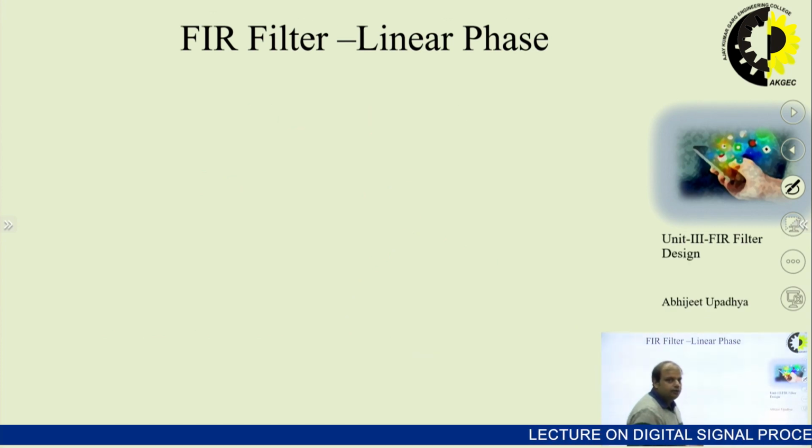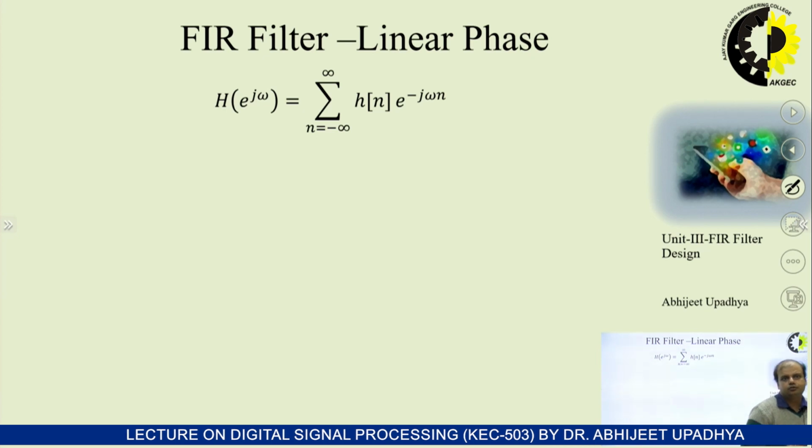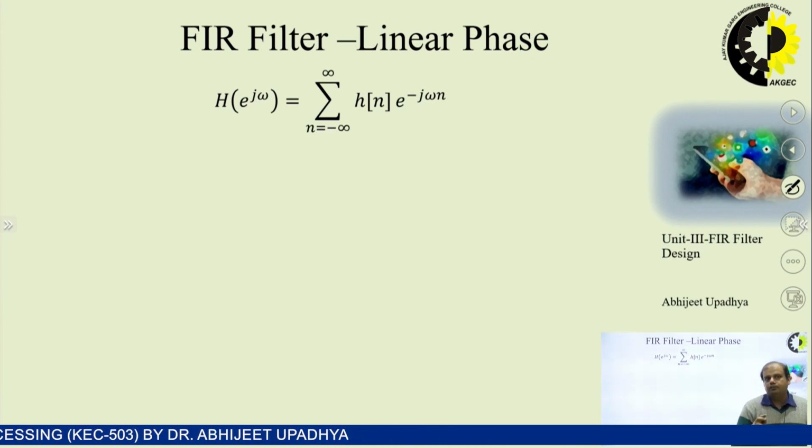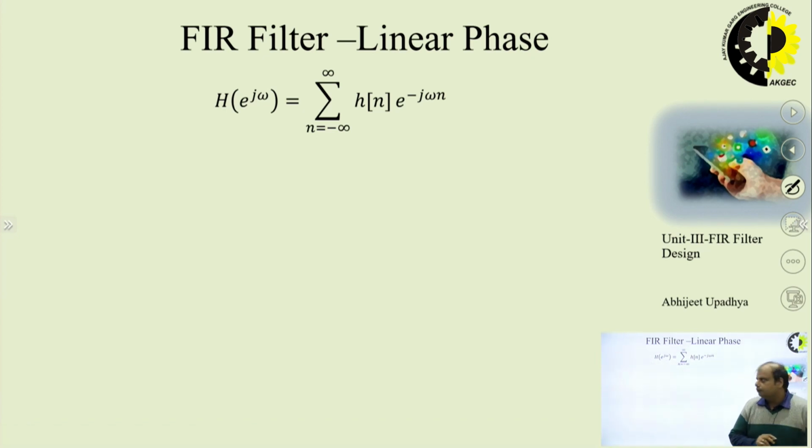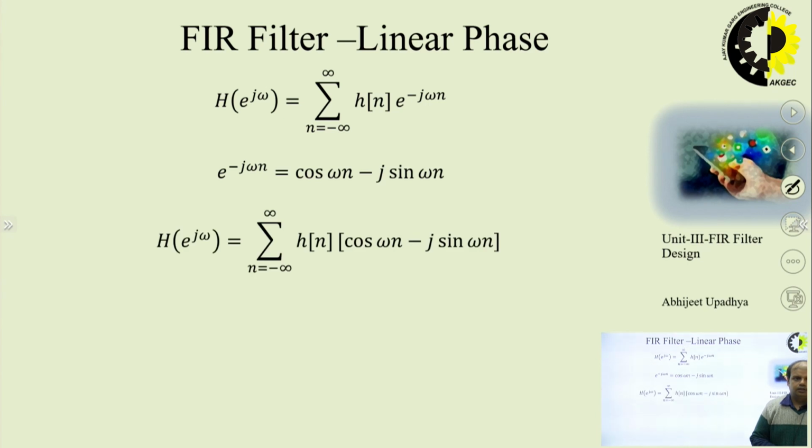Now, how do we get the magnitude response? The frequency response is actually the discrete time Fourier transform of the impulse response. How do we evaluate the discrete time Fourier transform? Summation of n from minus infinity to plus infinity h of n e raised to the power minus j omega n. I can again use Euler's property, e raised to the power minus j omega n is equal to cos omega n minus j sin omega n, and H of e^(j omega) can be written by writing cos omega n minus j sin omega n in place of e raised to the power minus j omega n. So, I can multiply this,